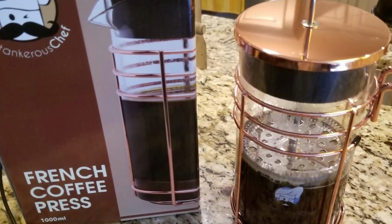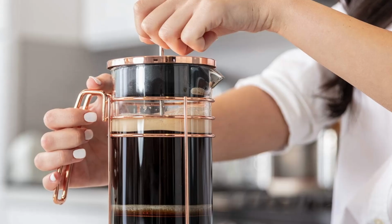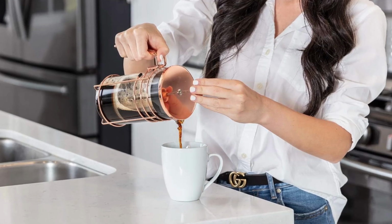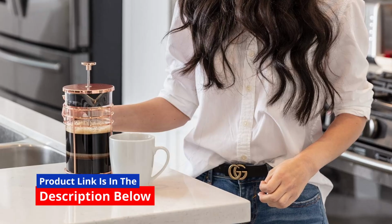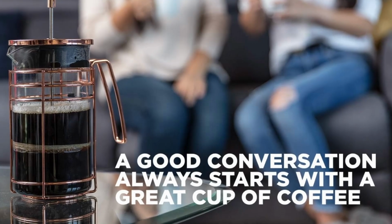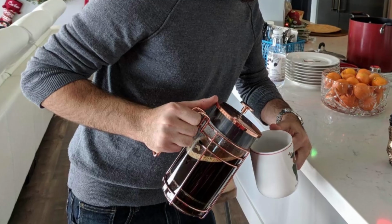Few things compare to the rich aroma and flavor of freshly brewed coffee or tea, especially when you make it yourself. This French press and tea maker, 1000 milliliter coffee maker press with a luxurious rose gold finish, is designed to give you that cafe-quality experience in the comfort of your home. Whether you're a coffee connoisseur or someone who enjoys a cup of perfectly brewed tea, this French press promises to